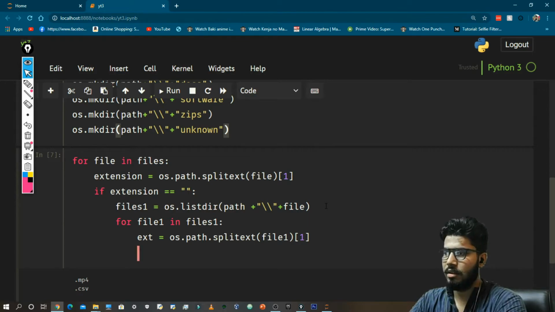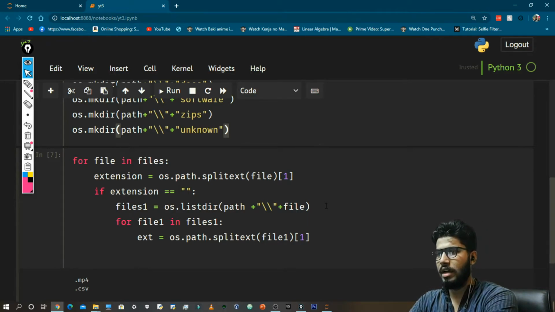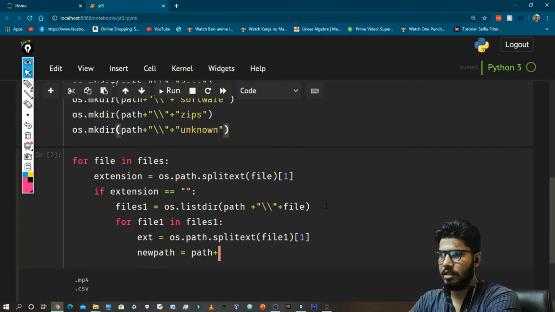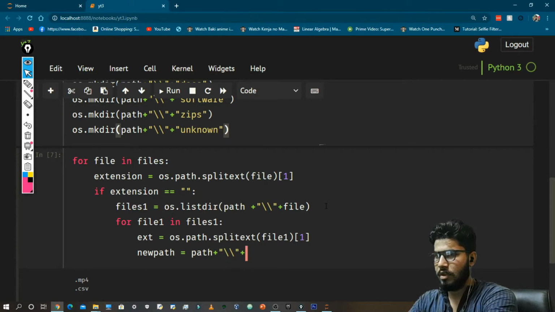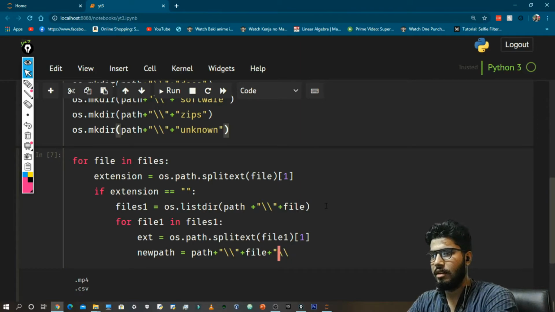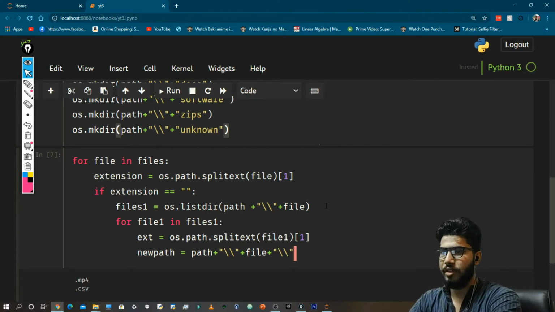After that, I'm going to make a new path. The new path will be equal to path plus double slash plus file plus double slash. I will tell you exactly what it is later on. Now just bear with me.